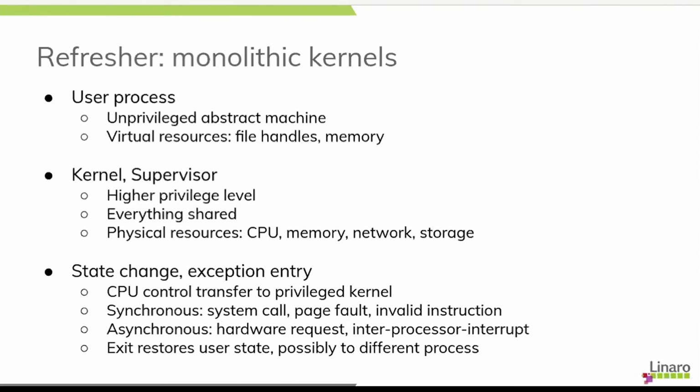kernel's memory. Okay. So whenever something happens that either is triggered by the application doing something intentionally or unintentionally, or by the hardware that requires the kernel's attention, we change state from unprivileged to privileged, and then execute in memory that is only visible to the kernel. And whenever the kernel is done with it, it just returns to user space. And that user space could be a different task, in which case we have had a task switch or process